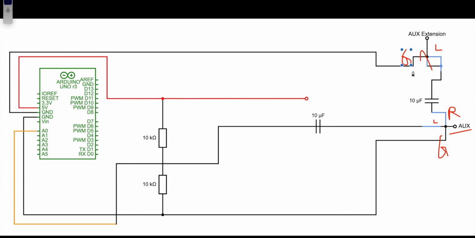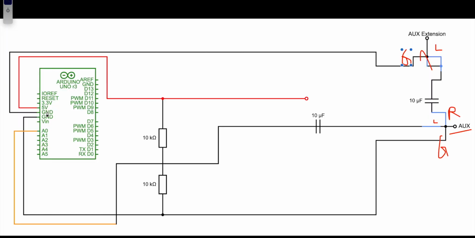So I used a separate ground on this aux cable extension just because of my first experience where I blew up my headphones and also had reverse current flowing. I thought I should make the ground different. So here's the ground, here's the different ground. I connected it to a different ground of the Arduino, but remember the main point: it should be connected only to the Arduino, not to the ground of anything else lying in the circuit.